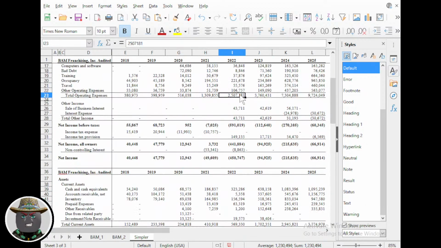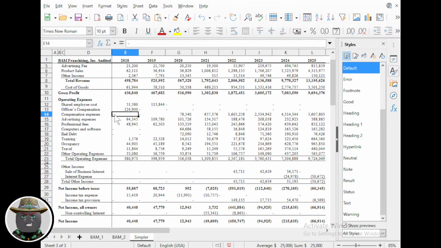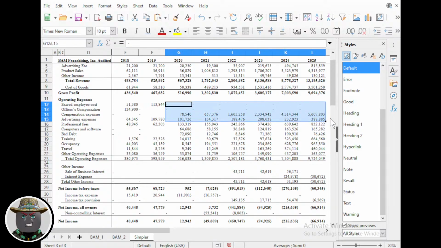Yep, there. See, now there's no more formulas. Now they're just numbers. And it got my formatting there for the dollars still. Oh, yeah, it's just some of these are not good. We want those to be